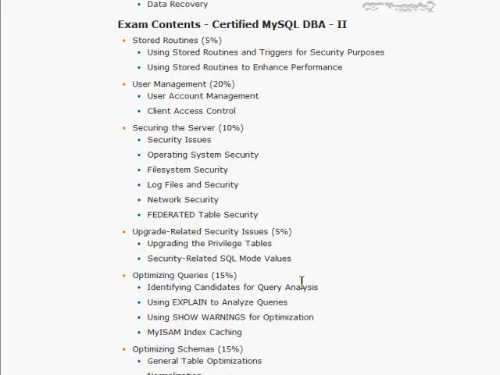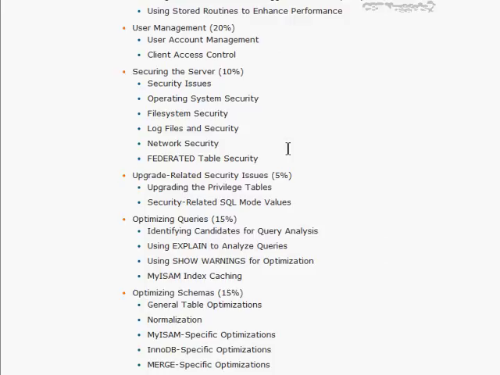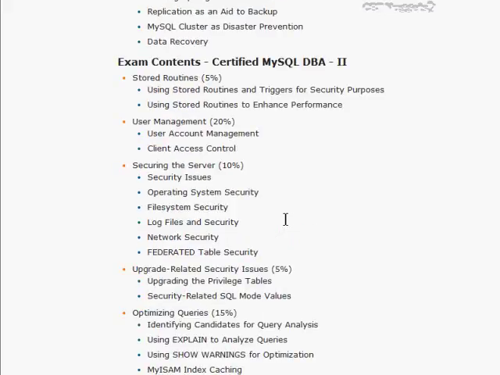And then we come to our current exam. Now, what you should see here is not a surprise at all. The exam contents, this exam outline here: upgrade-related security issues, securing the server, user management, stored routines, optimizing queries. All of this stuff should look extremely familiar because a few minutes ago when I showed you the nugget outline for this course, all of these titles are pretty much, not lifted verbatim word for word, but the concepts